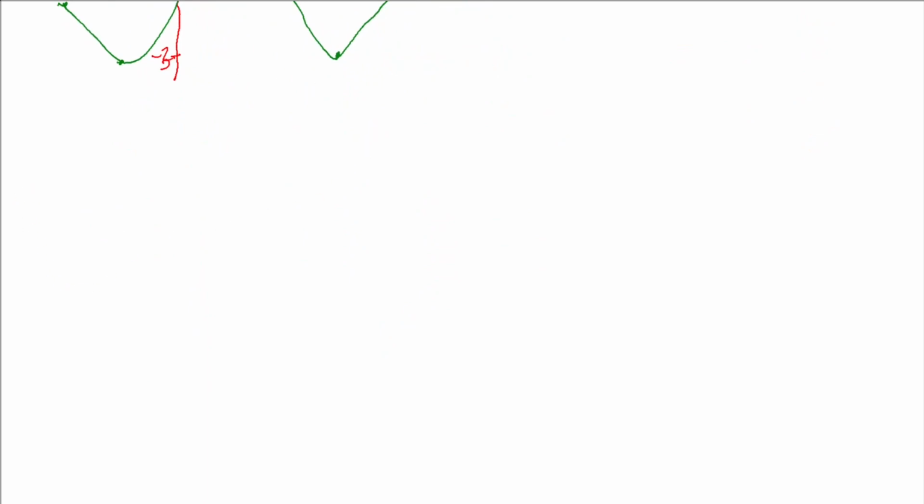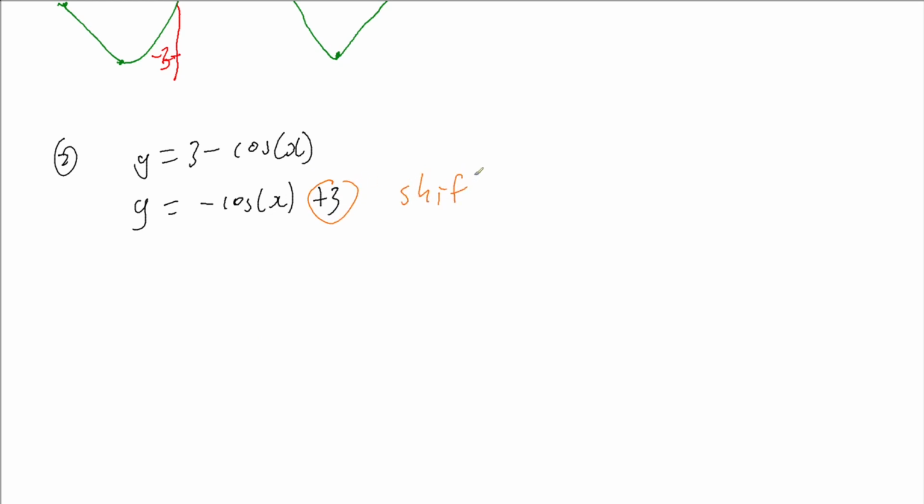So I'm also going to have a look at y equals 3 minus cos of x. Now with this, it's going to be more helpful to swap the terms. So I've got negative cos of x plus 3. So just to be clear, this means that I've got a shift up of 3, but